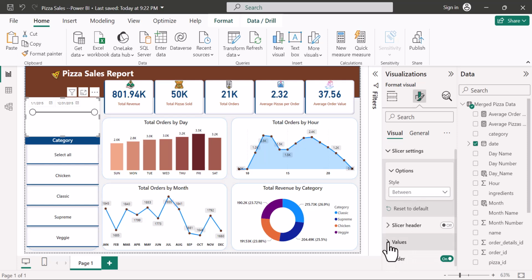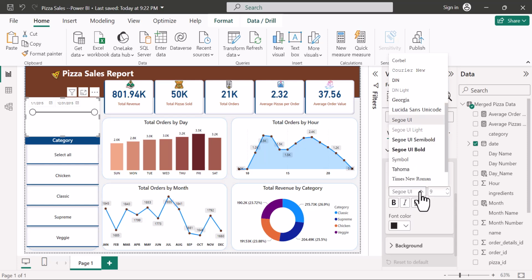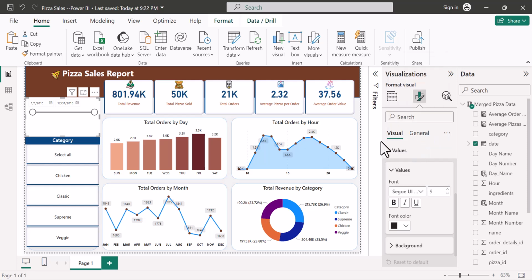The values, I'll expand this. Let's try semi-bold as usual over here, and we can increase the size a little bit so they're easier to see. I think that looks good. And we can use the black font. Maybe I can try one little. I think that looks a little better. I'll minimize the values,